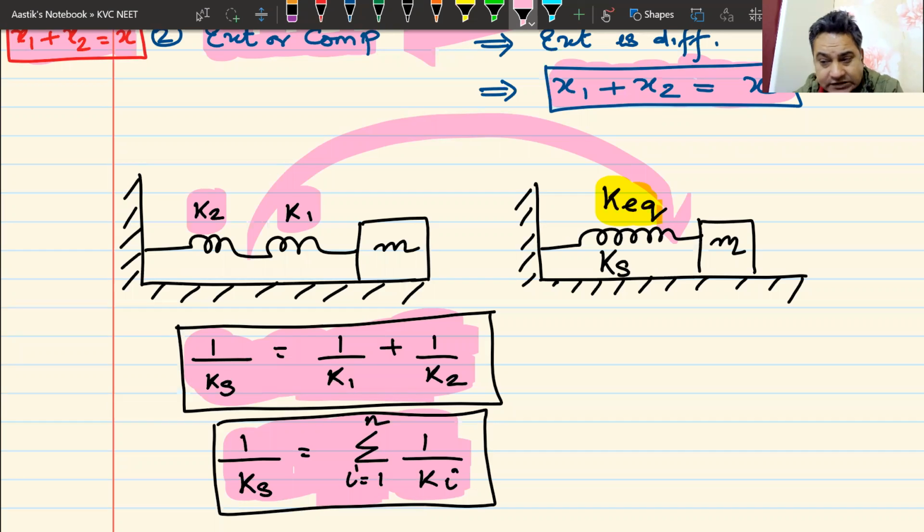Do you all understand this? The series combination of springs. Can I have some raised hands that we understand this, sir? The series combination of springs. If I have 2 springs attached one after the other, I can replace those 2 springs by one single spring, and the spring constant of that spring, 1 by Ks or 1 by K equivalent, will be equal to 1 by K1 plus 1 by K2 plus 1 by K3 plus 1 by K4 and so on.